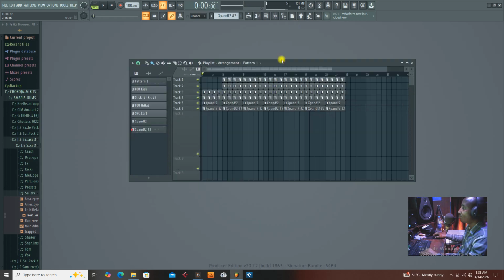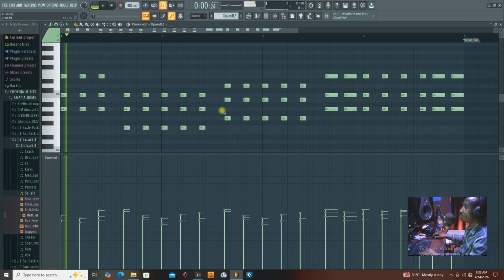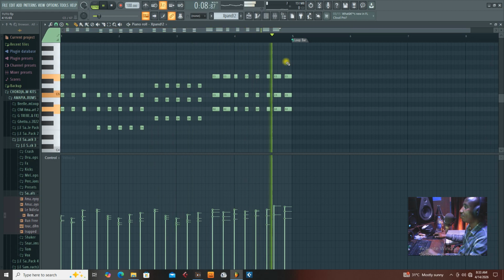I'm going to be selecting one of the chords right here. I'm going to go to our piano roll. So this is our piano roll. So now that you're already in your piano roll, what you need to do is to come right to